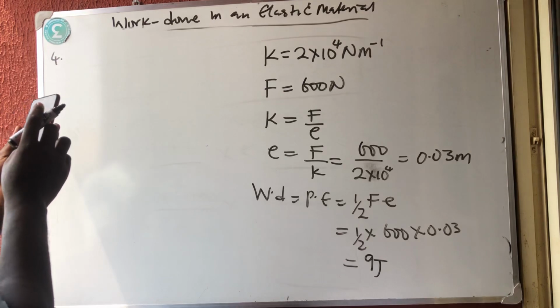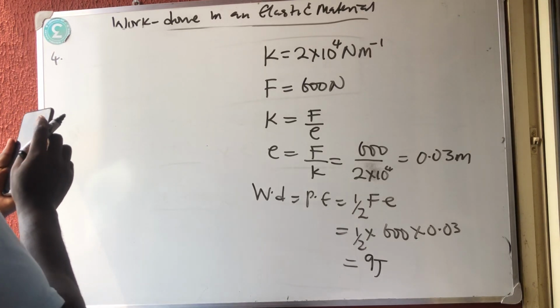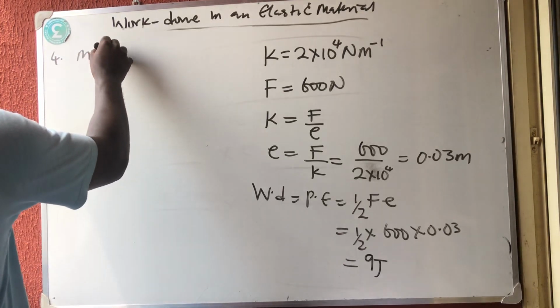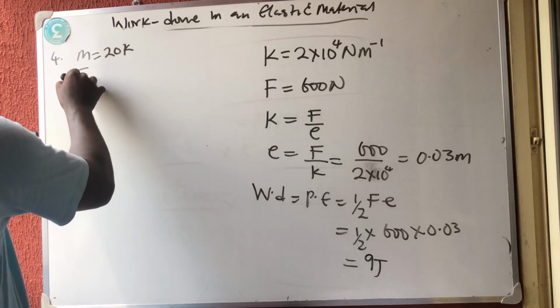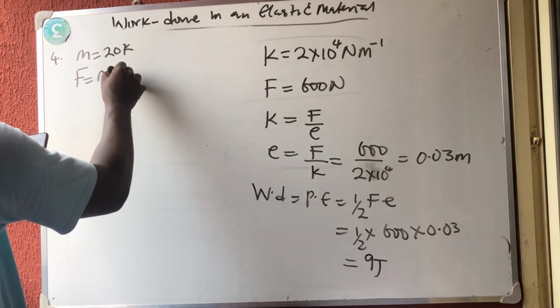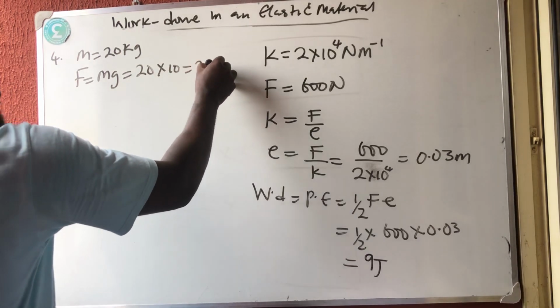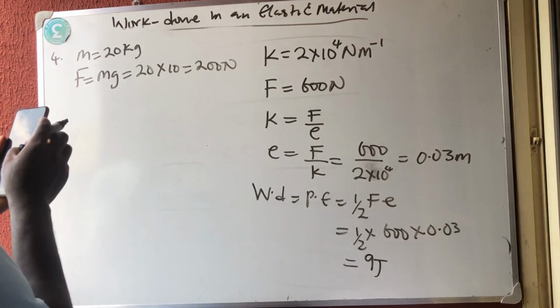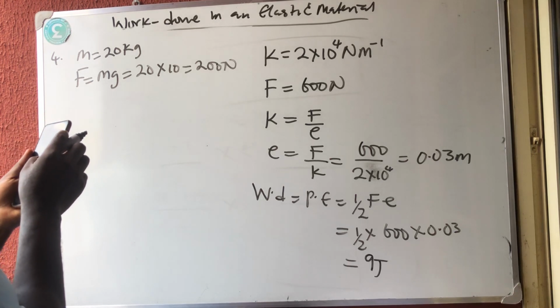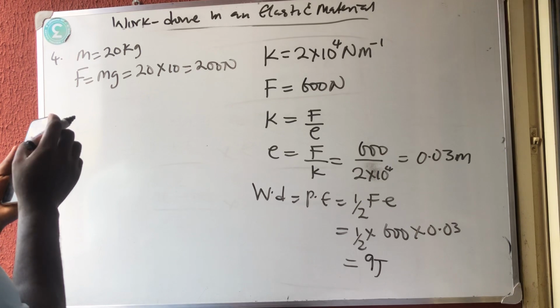Okay, so the next question, number 4. I mean number 3. Number 4 said an object of mass 20 kg. The mass of this object is 20 kg. So the force or the weight of that object is mg, which is 20 times 10, which is 200 Newton. They said an object of mass 20 kg is dropped on a string which is placed 5